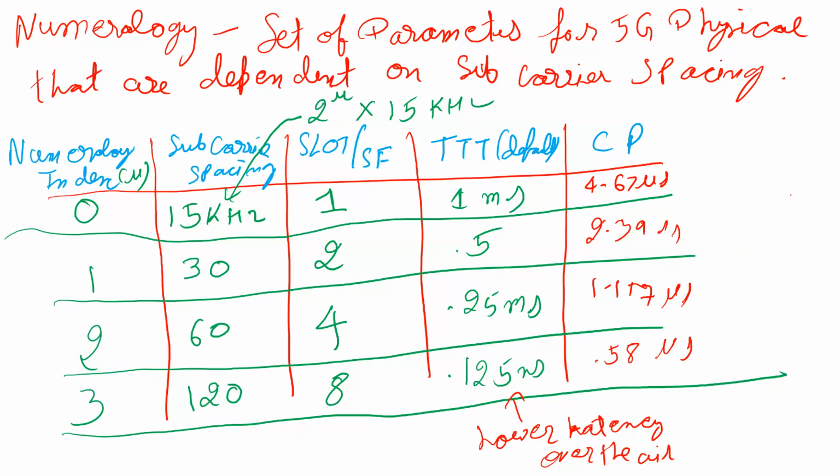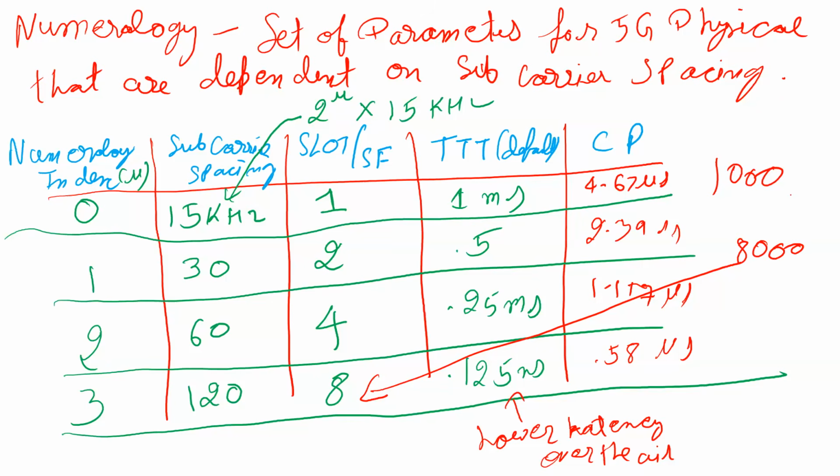The whole point is that the faster I can make scheduling decisions, the lower the latency is. So this thing is coming very fast. We thought LTE is fast. So if in LTE, suppose we can make 1,000 decisions per second, but in case of 5G, when we have subcarrier spacing of 120 kilohertz, we can make 8,000 decisions per second. Is it crazy fast? Yes. This is how quickly we send these things over the air interface.